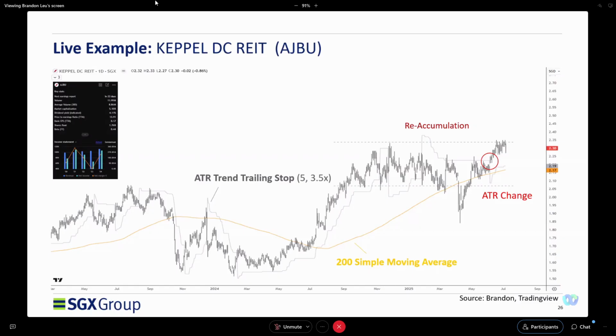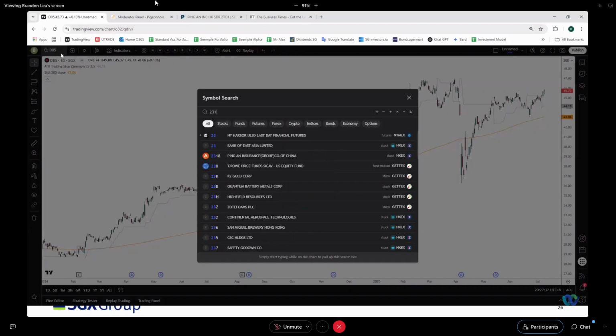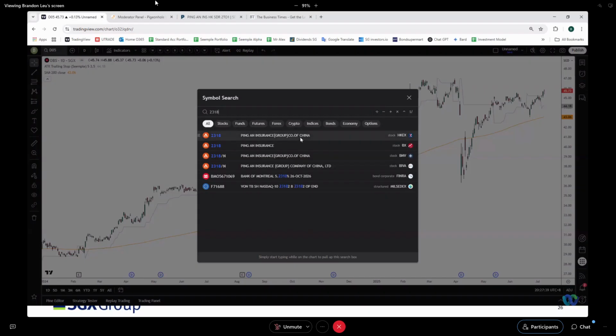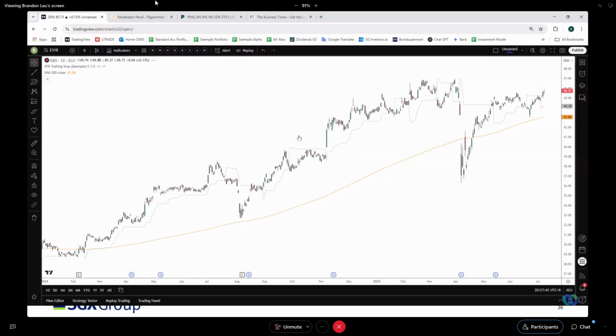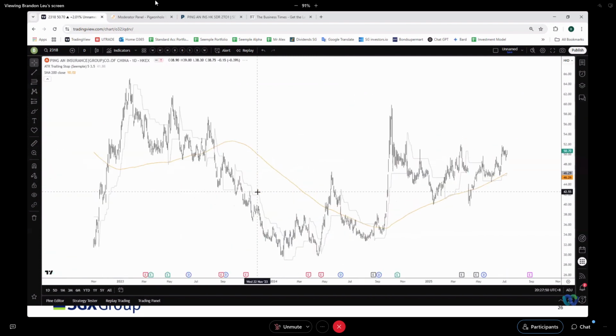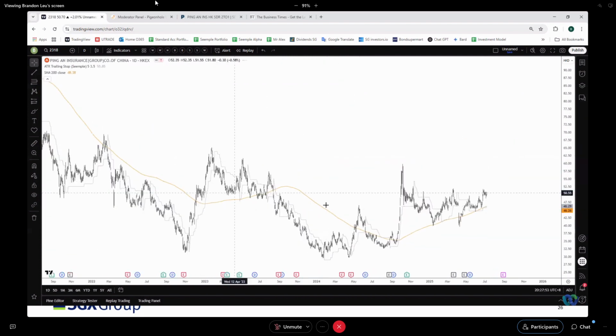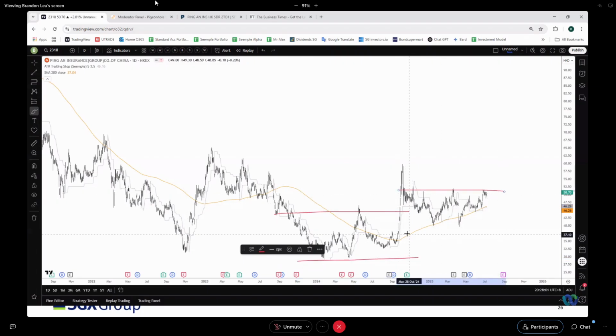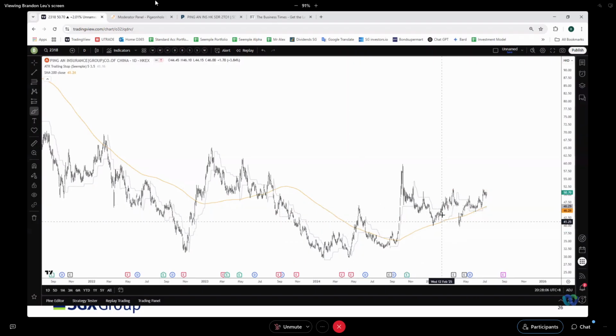And one last live example is we look at Ping An. Today I was just doing a bit of screening because of a bit of time before the seminar. So this is Ping An. I'll just take out the trend lines. It goes through an accumulation phase, a similar accumulation phase. It traded higher, and then there's a reaccumulation phase. The price is trading above 200. We have a good confidence that the price could continue to trade higher.